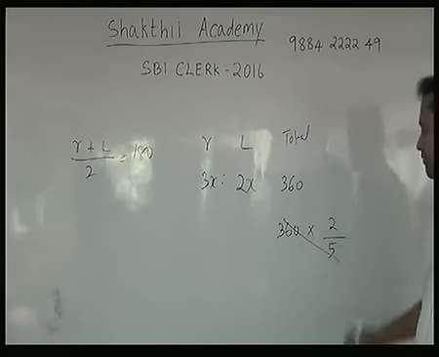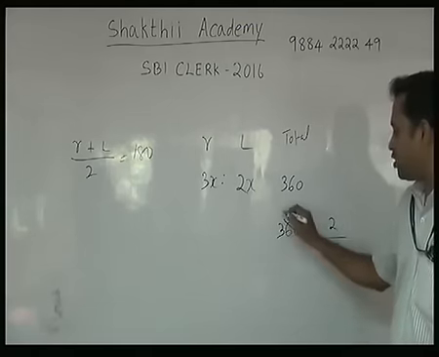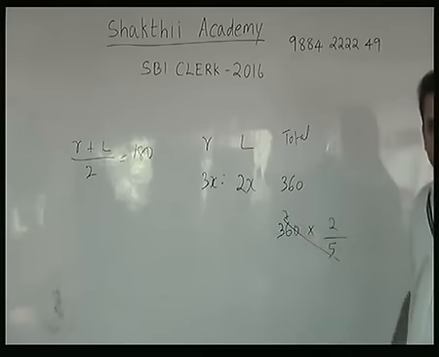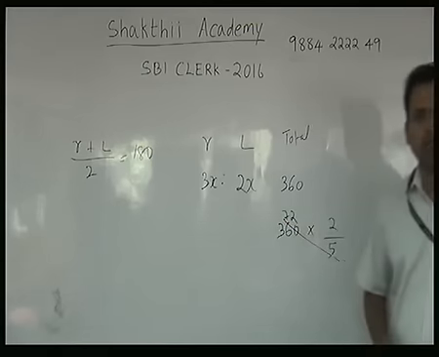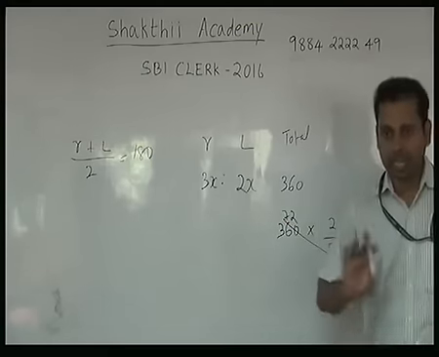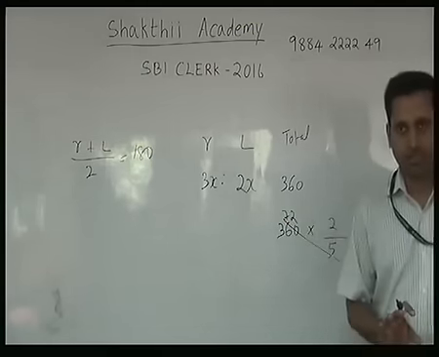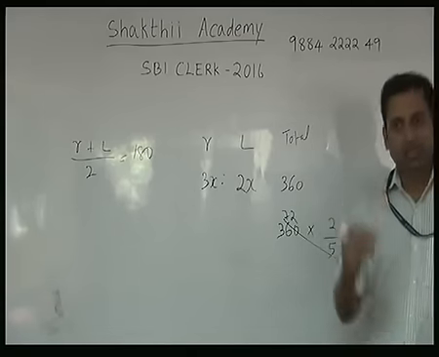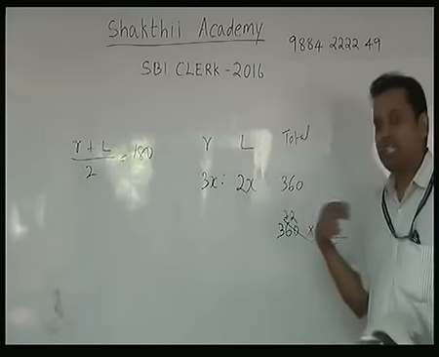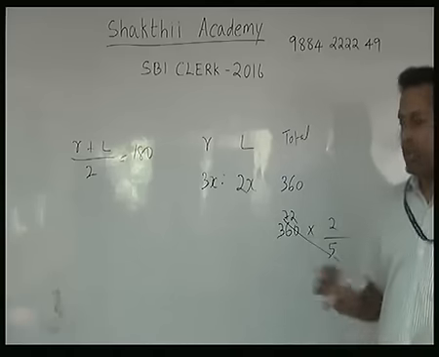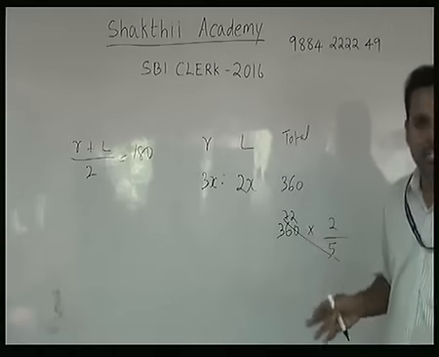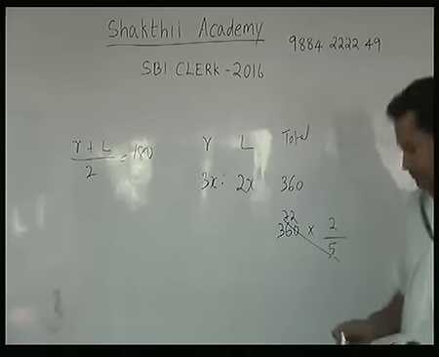So 360 by 5: 36 goes into 5 seven times, so 72. Again 2 times, so when you multiply 72 into 2, you get 144. Again, this is a very simple calculation. For people who are weak in maths, I explain all the steps, but people who know it well can see the question and answer 144 very easily. Clear?